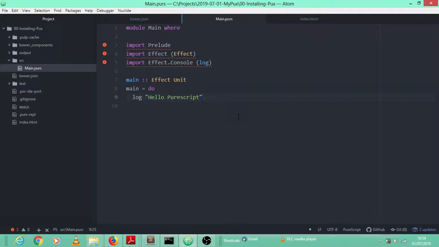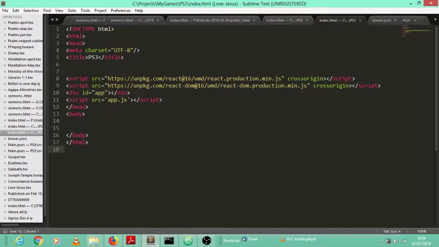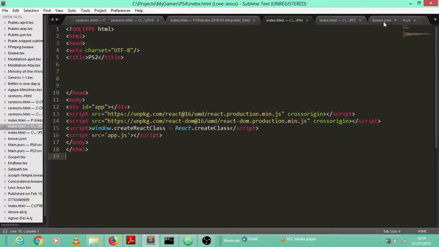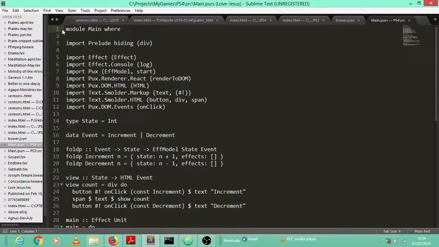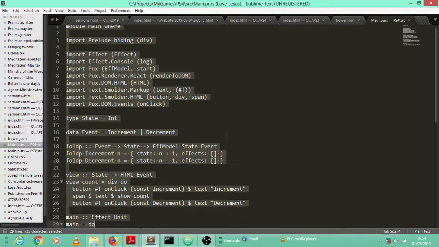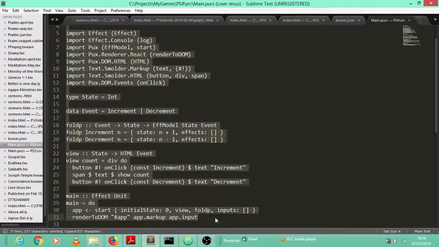So anyway, the first thing that we are going to do, let's have a look at my notes. Here we go. First of all, we're going to change this. This is just a browser console program. What I have here is a sample Pux program. I'm not going to explain how it works in this video; we'll look at that in the future. For right now, I'm just going to copy and paste this